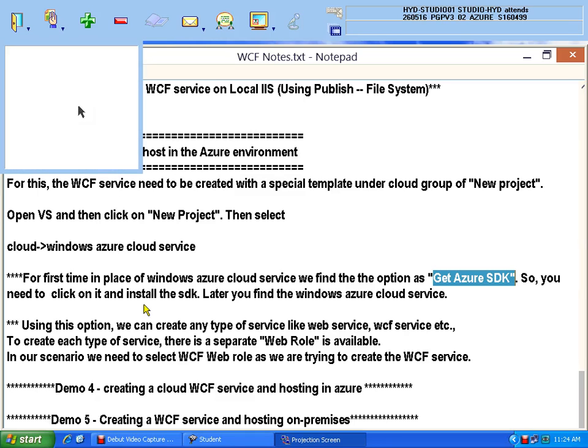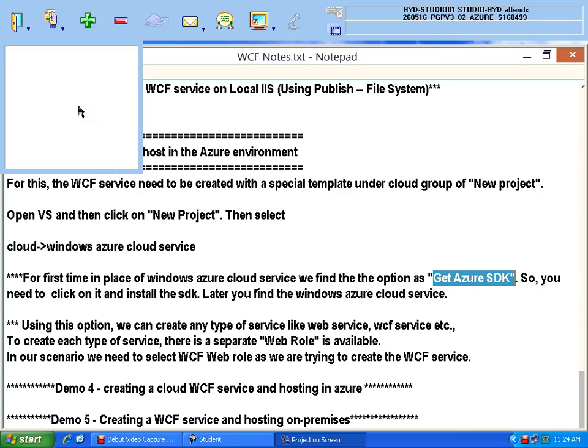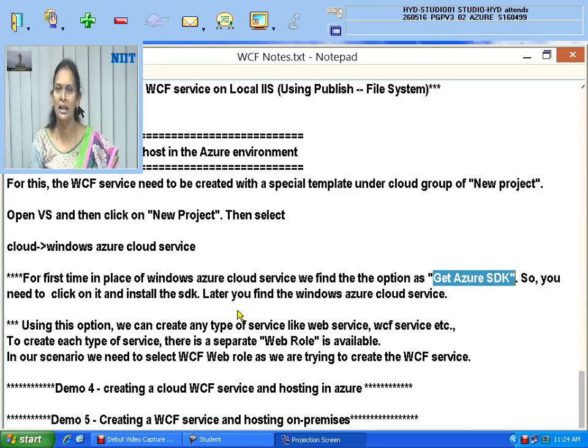So you don't need to go to some other place. Open Visual Studio with Administrator rights and go to the left side. Click on New Project. On the left side, select Cloud. On the right side you will find this for all of you, because you are doing it for the first time. Get Azure SDK will be there. You click on the button, and it gets installed automatically. Is your doubt cleared, guest 002? That's the reason please check my notes which I am posting also, so that it really helps you out.